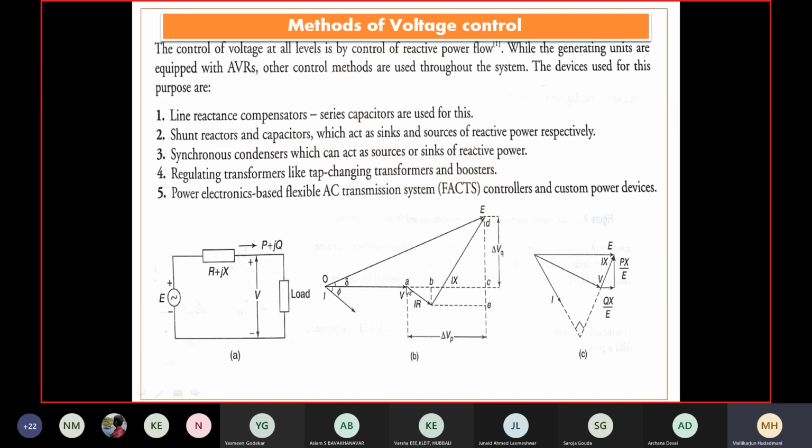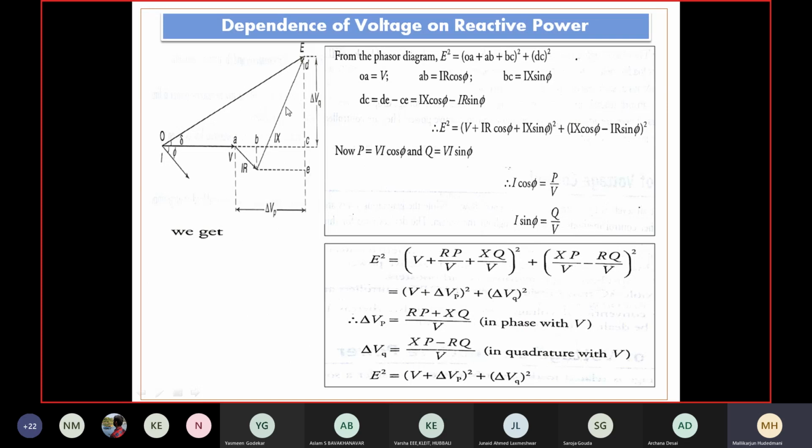So I can write delta in phase magnitude, voltage magnitude delta Vp and delta Vq, the quadrature component. We want to develop a relationship between a small change in voltage in phase and voltage in quadrature. To get them, this vector diagram needs a correction. We will do this in the next class. I have again the same diagram and the same dependence I would like to